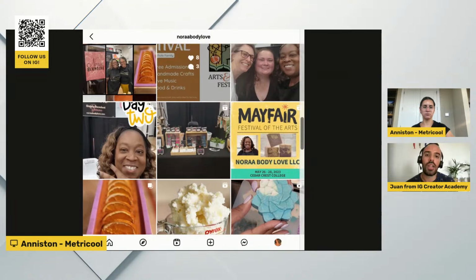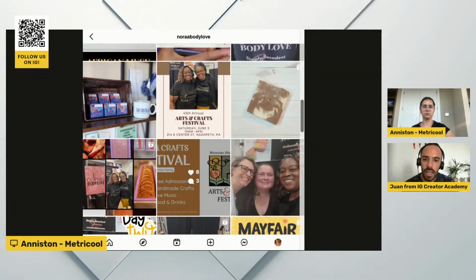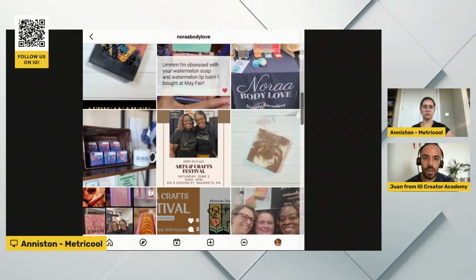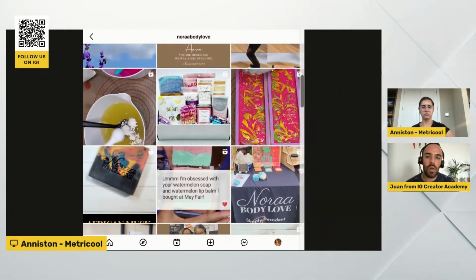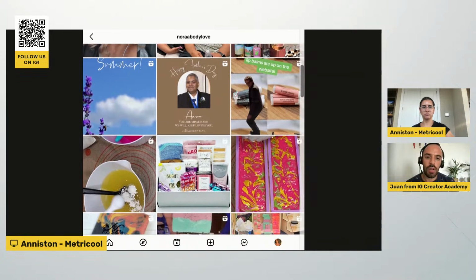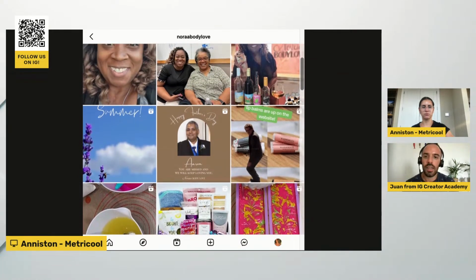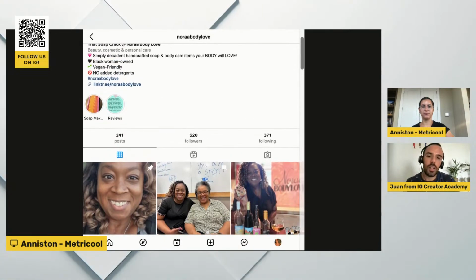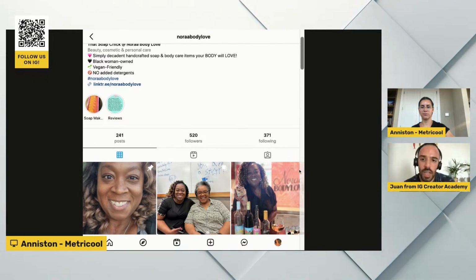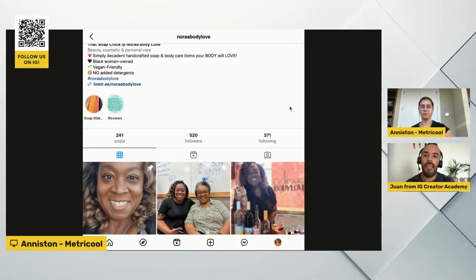I don't see any brand consistency here. I don't see that you're using the same kind of colors for your content or the same fonts. So maybe try to work on developing a stronger visual identity and bring that over to Instagram. You're going to start being more memorable for your customers. But I like the concept. I love the product as well. And yeah, just those changes I would make.